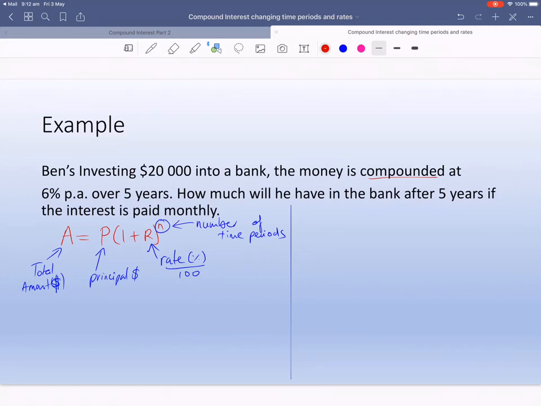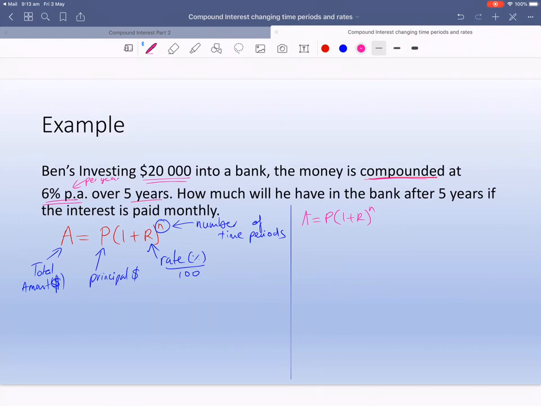Now, let's just do the question, okay? So we've got A equals P(1 + R/100)^N. Now, one thing I have to look at is that this is compounded. So Ben's investing $20,000 in the bank, and the money is compounded. So we've got the compound interest formula, 6% per annum. Now, per annum means per year,